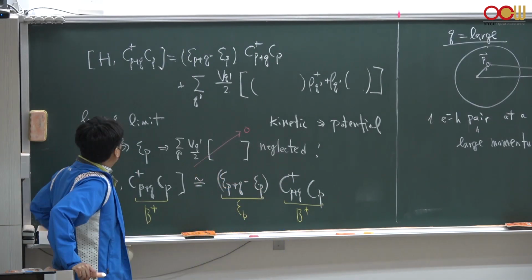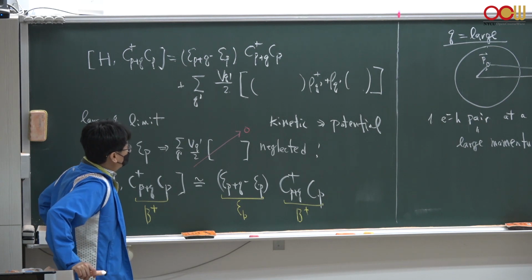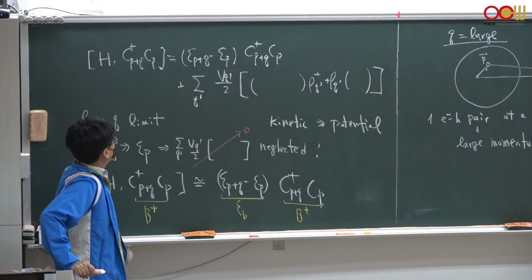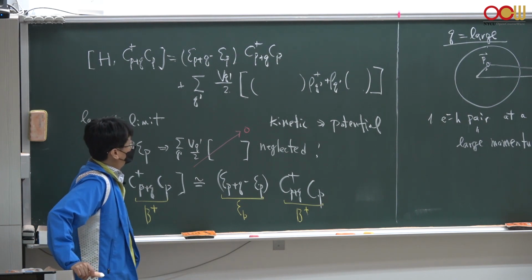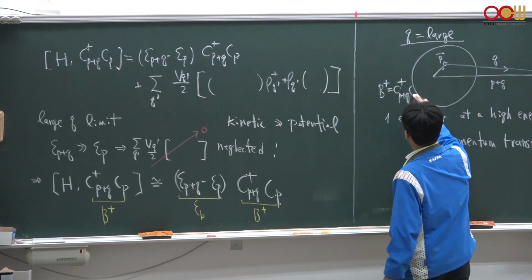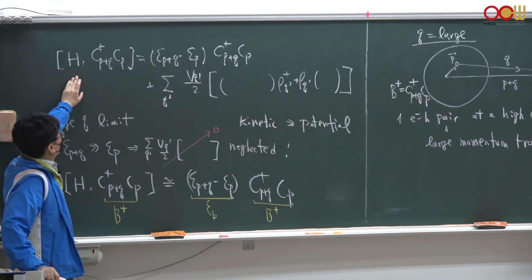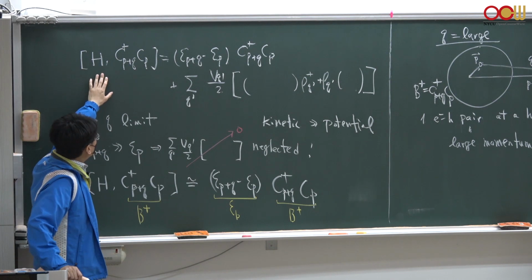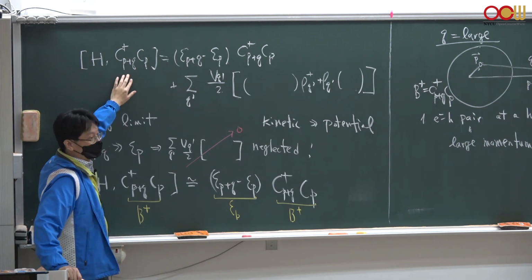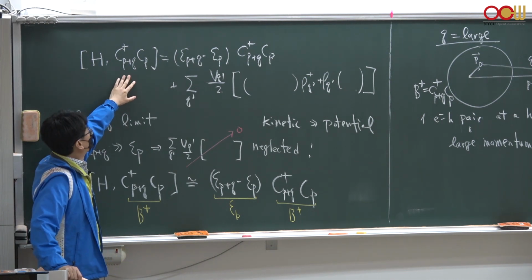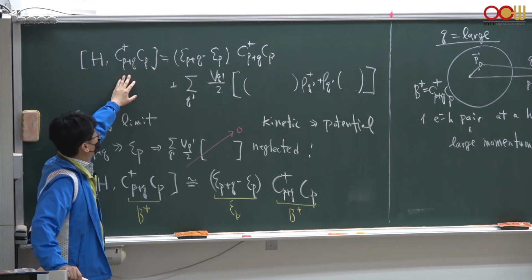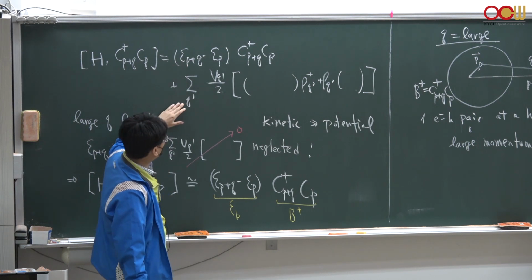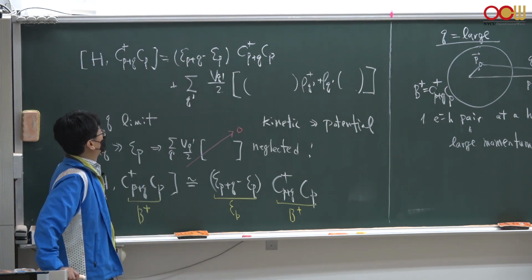Let's continue. As I mentioned, suppose this B dagger is what we want, which is not. Let's just pretend that B dagger is what we want. And we could evaluate this commutator between the Hamiltonian and this kind of single particle-hole pair operator, C dagger P plus Q, Cp. And when we finish this calculation, we get this kinetic energy term and the potential energy term. And suppose that